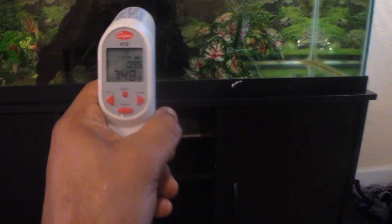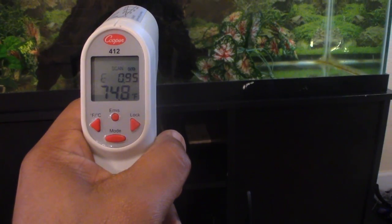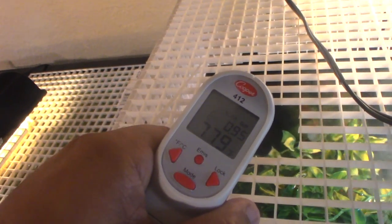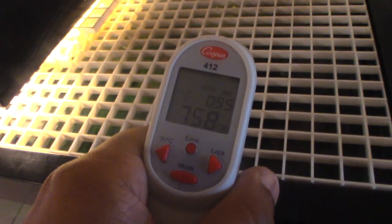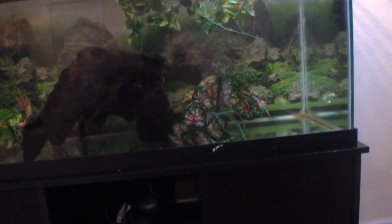And as you can see, this tank, at least on the outside, is 74.8 degrees Fahrenheit. Now if we go over the top and point it straight into the water, it's even warmer, 77. Go over here, 75, 70, almost 76 degrees. So as you can see, my tank water is at a perfect temperature, and I don't even have a heater